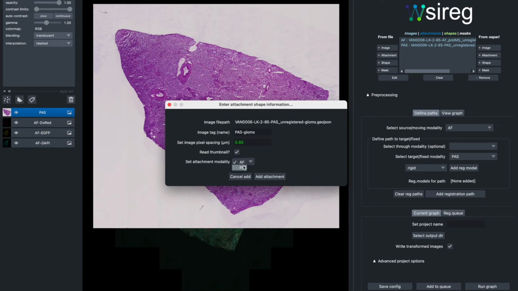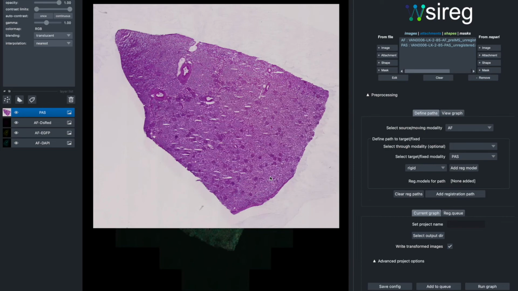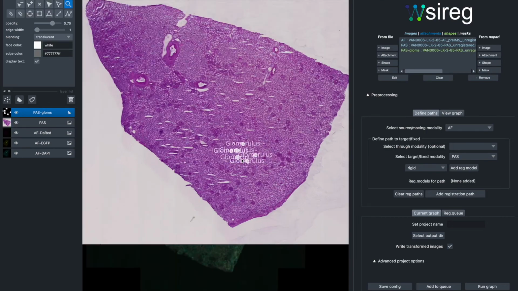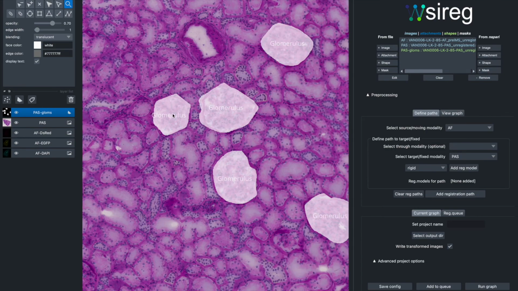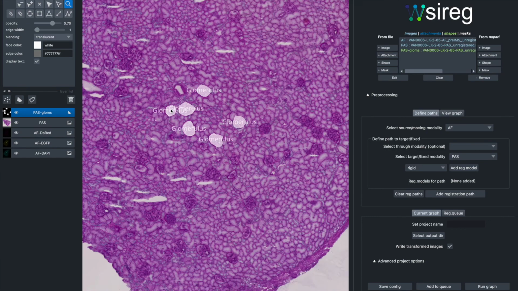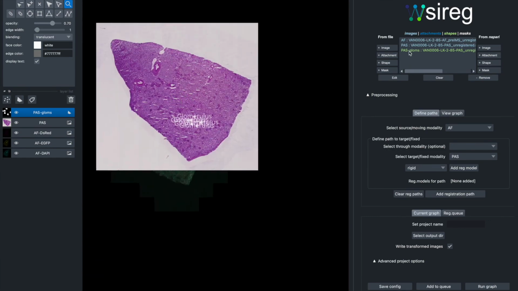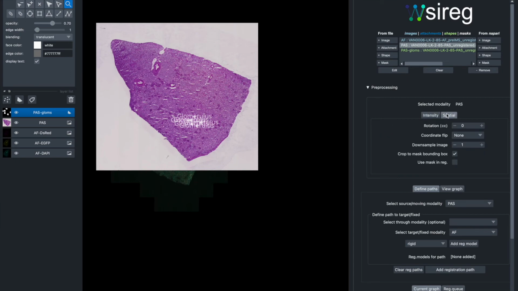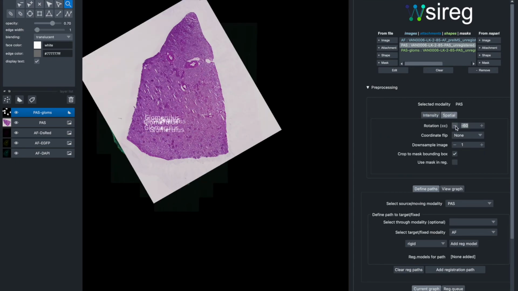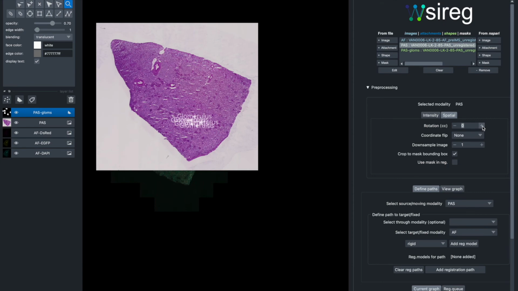In this case, this is associated with the PAS data set, not the AF, so we have to make sure we select the PAS. And read thumbnail doesn't matter. So once we click Add Attachment, it will add our ROIs as a shapes layer in Napari. And again, once we have that in, any spatial preprocessing that we do to PAS now applies to the glomeruli,